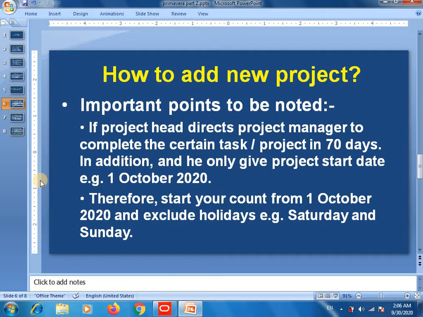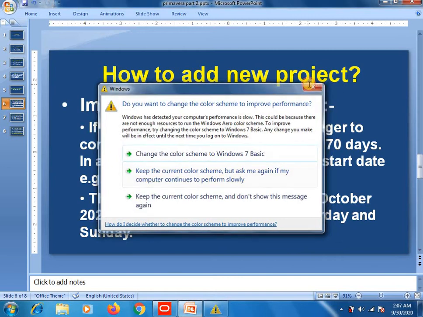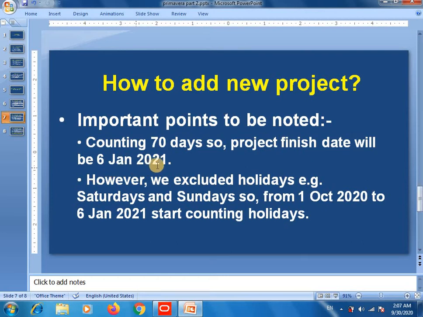For example, Saturday and Sunday are off, so we will exclude holidays, and we will count from 1st of October 2020, and we will count 70 days. So counting 70 days, the project finish date will be 6th of January 2021. However, we excluded holidays, Saturdays and Sundays, so from 1st of October 2020 to 6th of January 2021, start counting holidays.